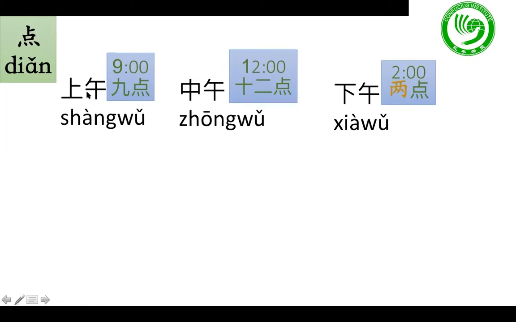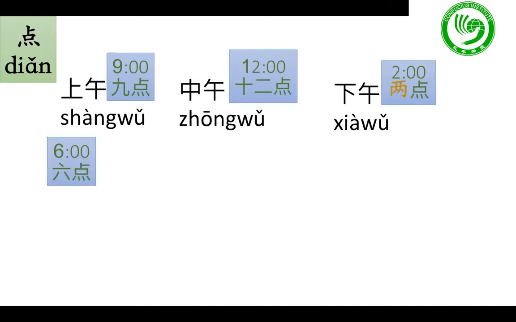Remember 上午、中午、下午。午 is noon, so 上 is above. So above the noon is the morning. 中午，中 is middle. Right there is the lunchtime. 下午 is after or at the bottom or under. So it is 上午，中午，下午。